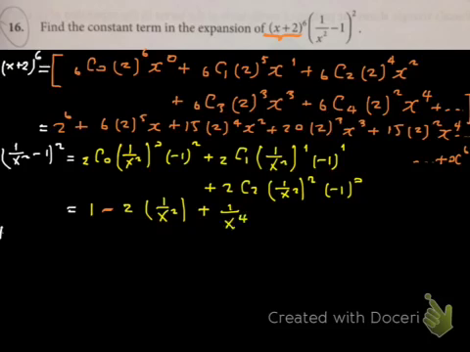Now note that the sign on the second term changes to minus, and the reason for that is because I have minus 1 to the power of 1 in the second term. So be careful here not to make a mistake. So therefore the product of these two terms,